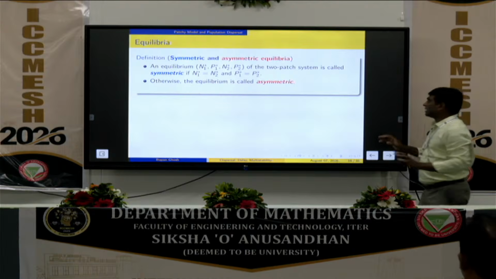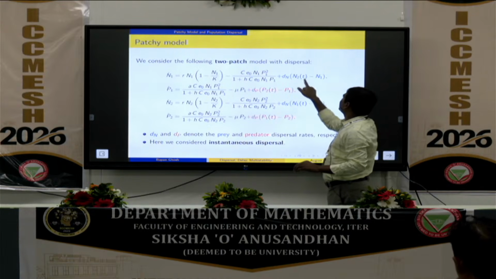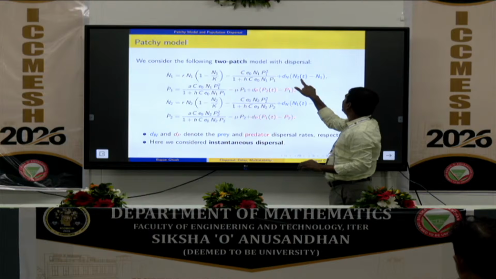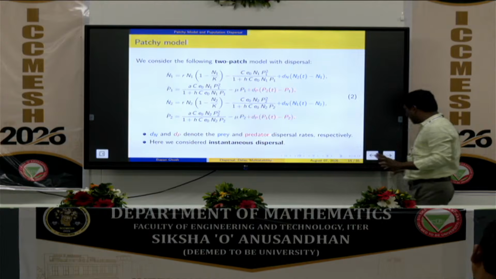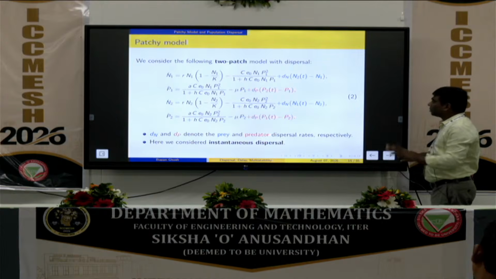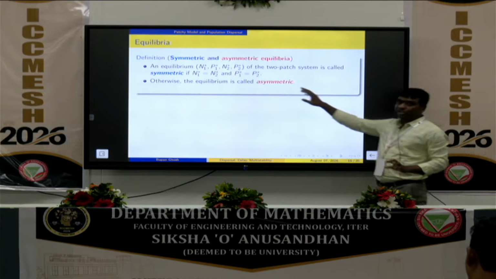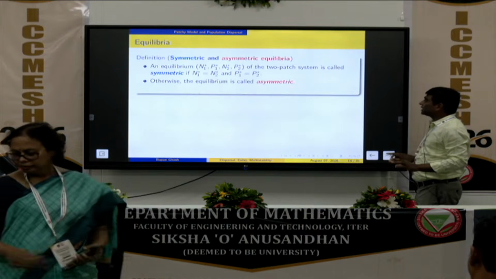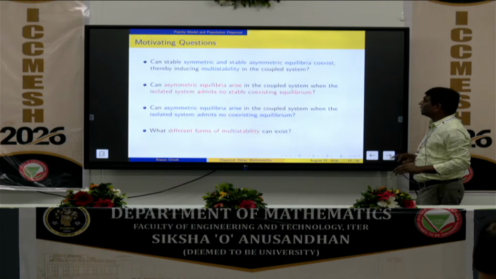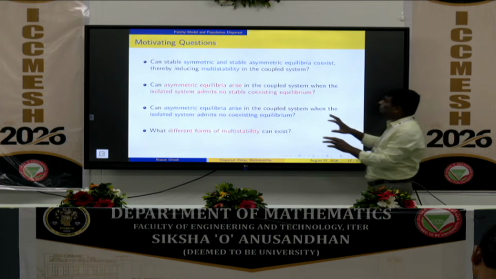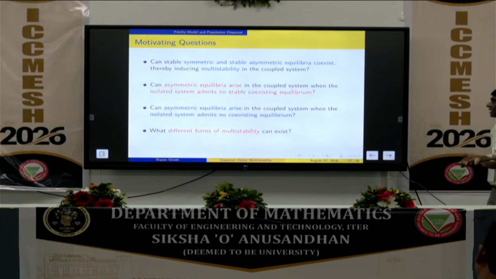This will persist because of these homogeneous patches, because this will have no role, because this value and this value will be the same at equilibrium. That's what we assume. So this will also be the equilibrium, but we look for the asymmetric equilibrium, because these are the additional equilibria, whether they exist or not, that we look for. So this is the main motivation: whether there will be other additional equilibria existing or not, what